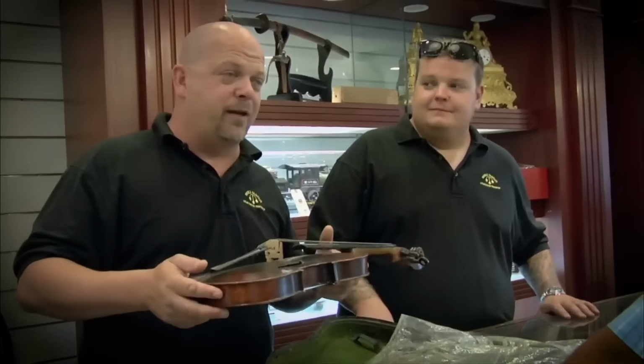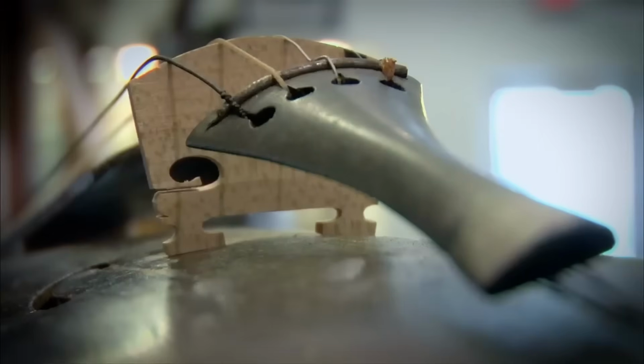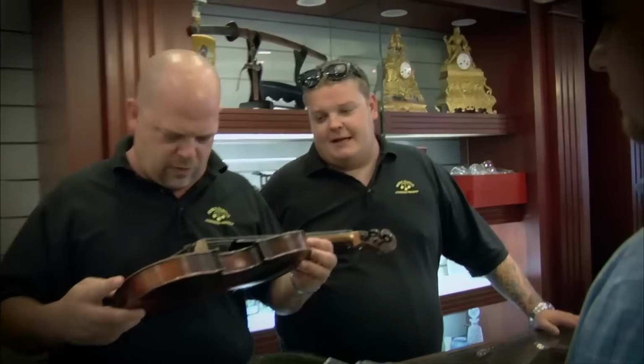Rick gave out a loud laugh. Instruments were considered the best ever made. Many people would argue that even today, the sound quality and the precision cannot be matched. That's why they go for millions of dollars. You're either the luckiest man alive or...